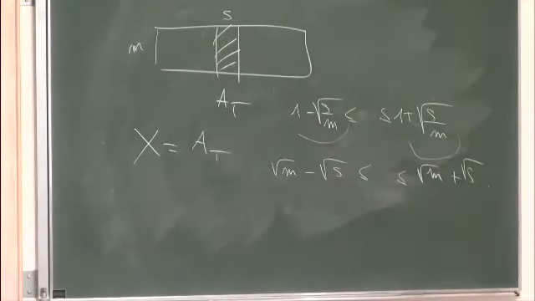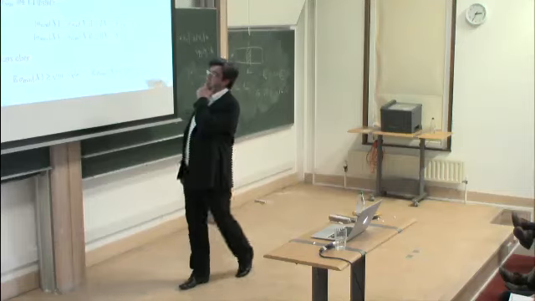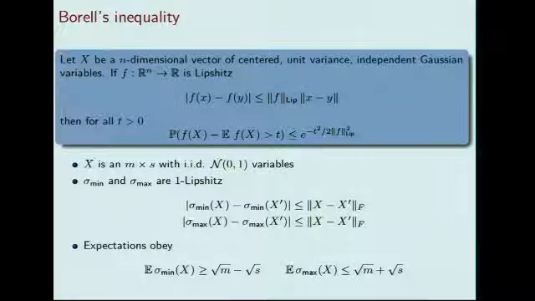Okay. So if I have a matrix which is IID m by s, IID normal 0, 1, then it's not a very difficult exercise to realize that the minimum singular value is actually a Lipschitz function of x. In fact, the distance between sigma min of x and sigma min of x prime is less than the distance between x and x prime in the Frobenius norm. It's a Lipschitz function with constant equal to 1. And the same is true for the maximum singular value. We have exactly, in fact, the whole vector of singular values is Lipschitz 1.